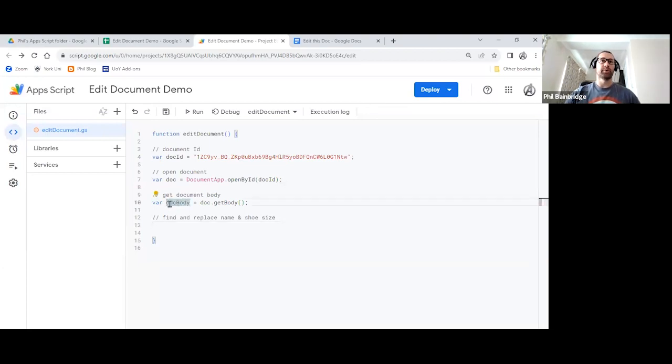Here is our document body. So we are performing an action now. We're doing something. We're not really going to get anything back. We'll see the change in the document, but we're not getting anything back to store in the AppScript file here. So we don't need to save this next bit in a variable.